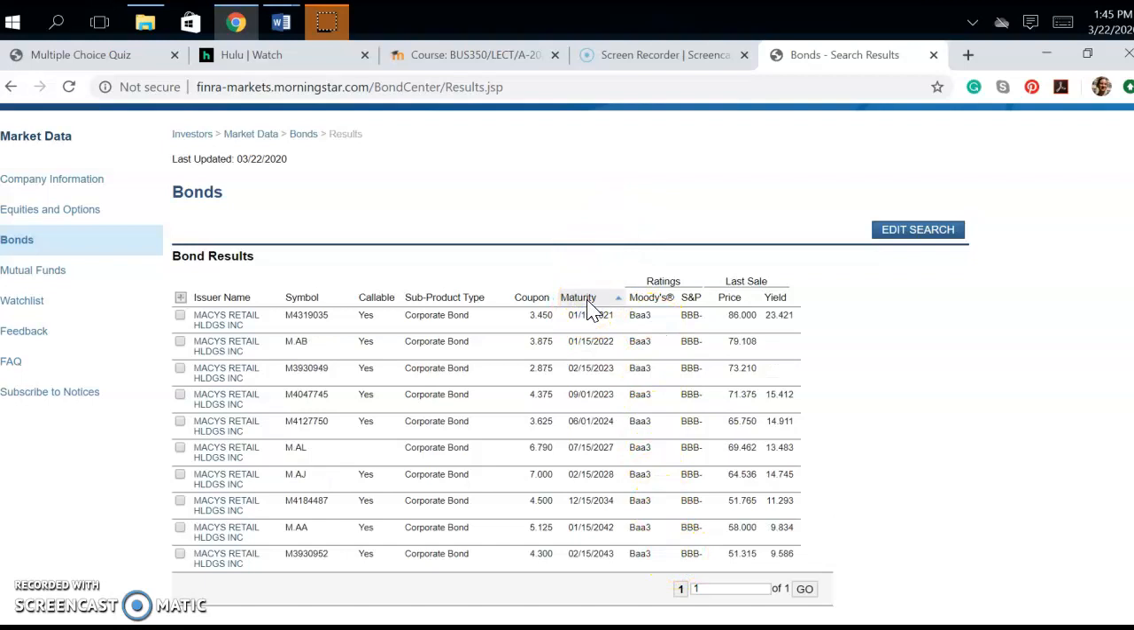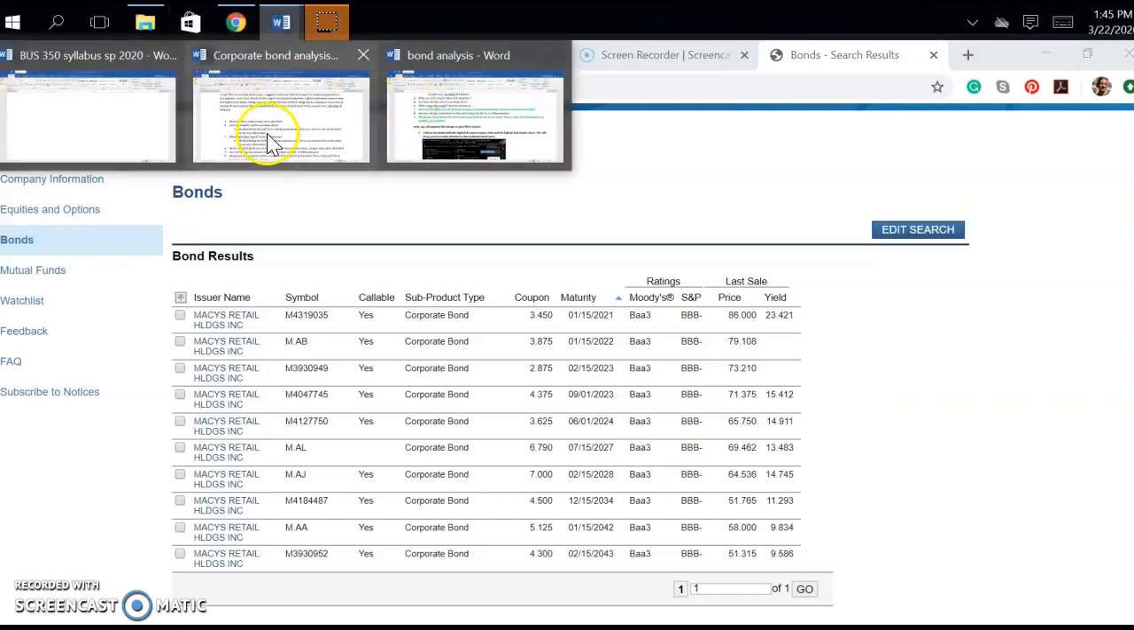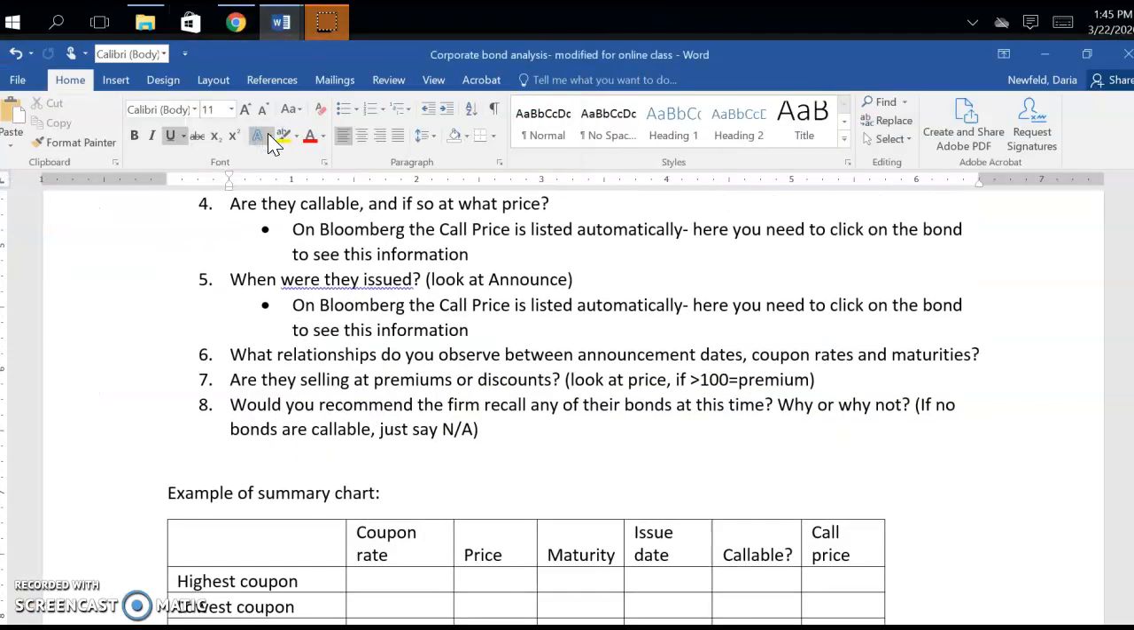Longest and shortest maturities, you can also click to sort them that way. So shortest maturity is January 15th of next year, 2021. Longest maturity, February 15th of 2043. Now, when I ask you to present this information in the summary chart, you can go down here and see